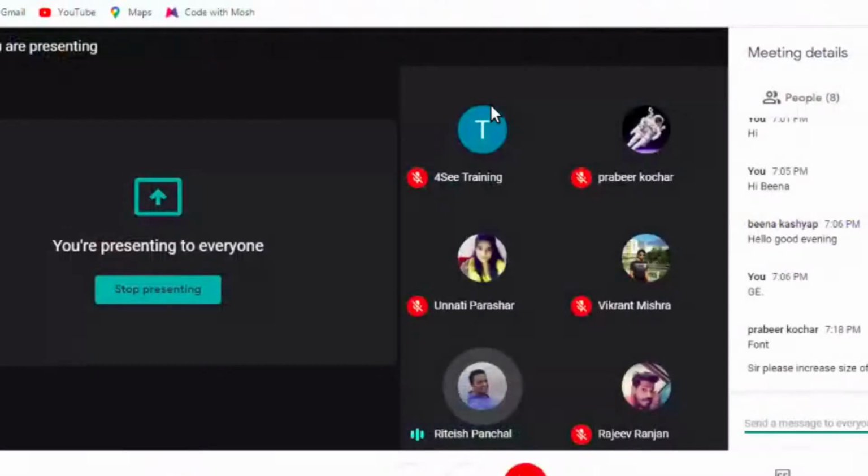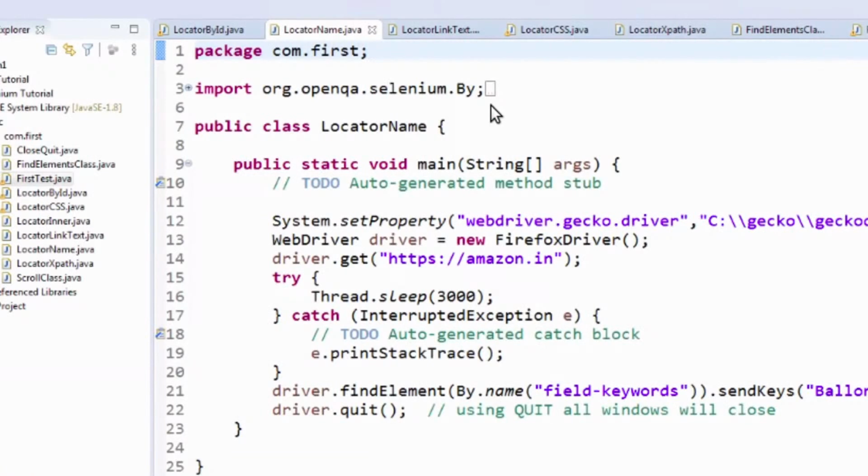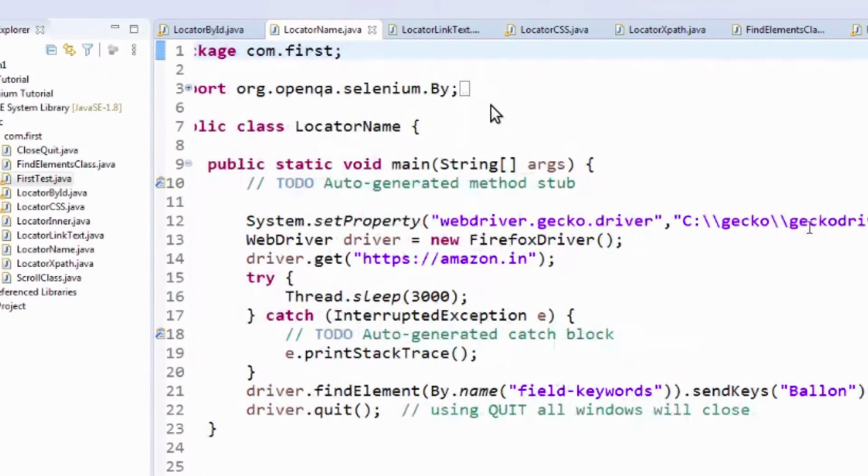Yeah, sir, in this line, System.setProperty, we have mentioned the path of the Firefox driver, right? Yes. Why do we use double backslash instead of single? In Windows, you need to pass this double slash to denote the path of that particular directory.